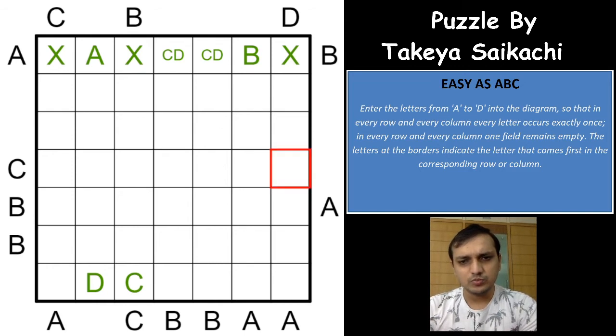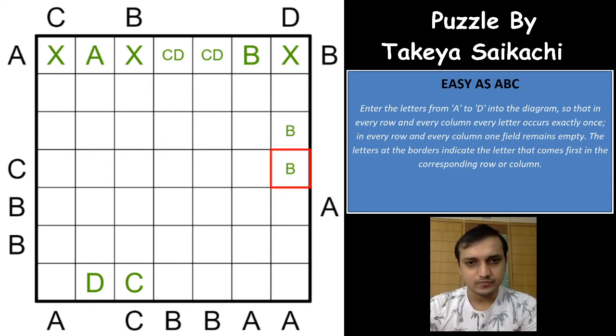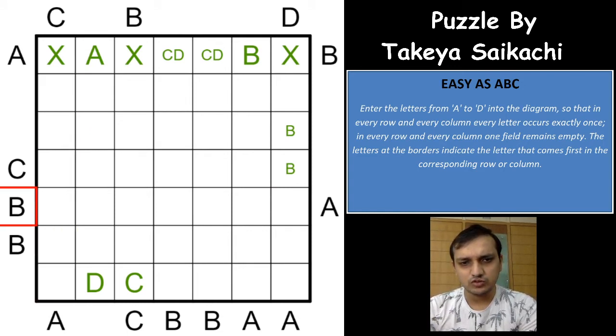So both these cells cannot be a B, this cannot be a B, this cannot be a B, because it has to be D. If this is an alphabet, it has to be a D, which means that the B can only be in one of these two cells, right? Same way, if you see the first column, where can A be placed? A cannot be placed in one of these 3 cells because there is no outside clue given for the A here, and A cannot be placed here because it has to be the first cell from the bottom in this column, and you won't have enough space, which means that A has to be this cell again, right?